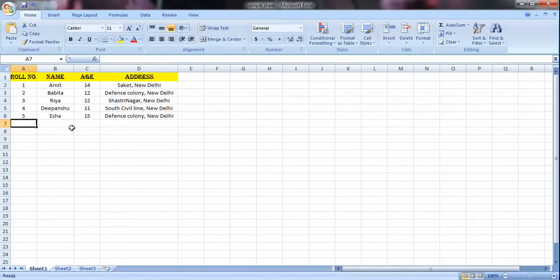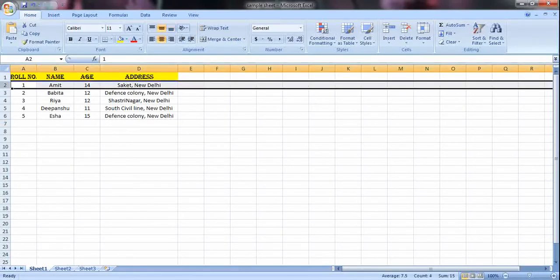Now let's say I want to copy and paste the information of roll number 1 and roll number 2. So how do I copy and paste? It's very simple. Just select the row which you want to copy. Let's say I want to copy only roll number 1.